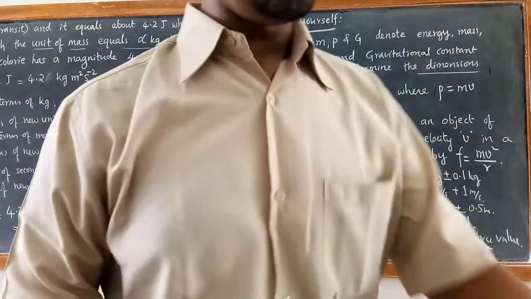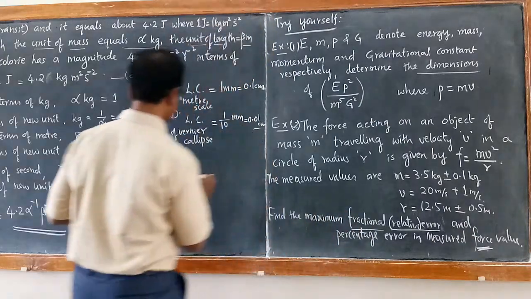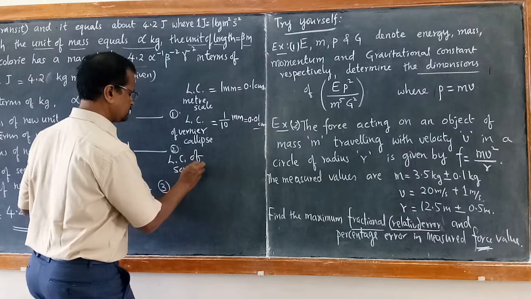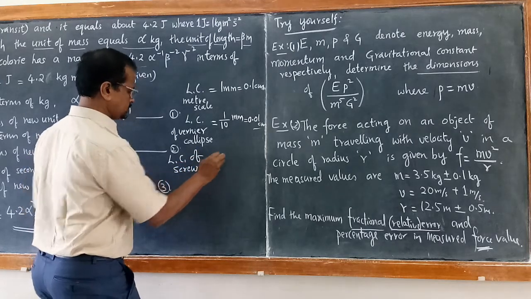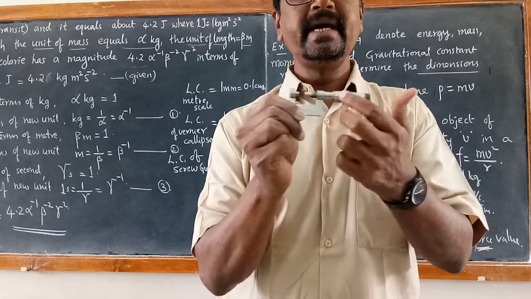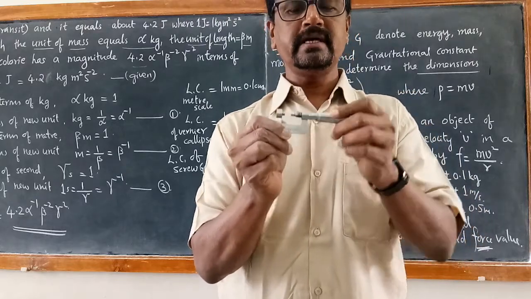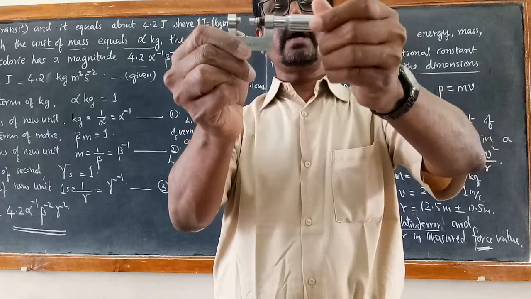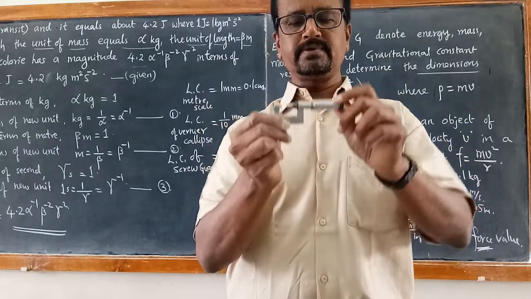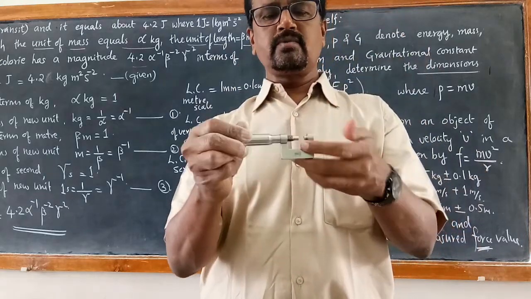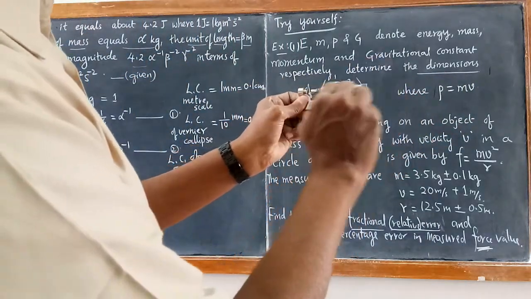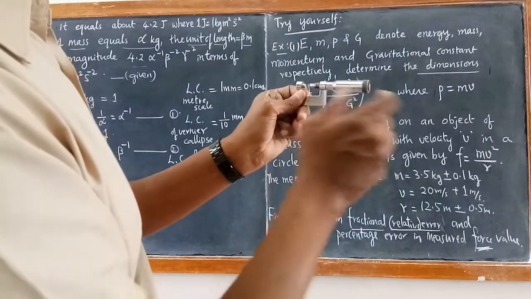So this has a still smaller resolution. This is called a screw gauge. Least count of screw gauge: you see, it again has a millimeter scale as the main scale, and it has one more circular scale. When you come to the laboratory, I will show you, and we are going to do the experiments using this as well as vernier calipers. When we turn this one complete rotation, it covers 1 millimeter of horizontal distance.